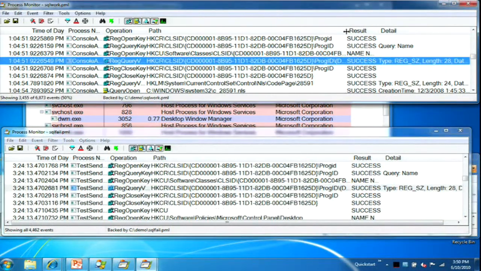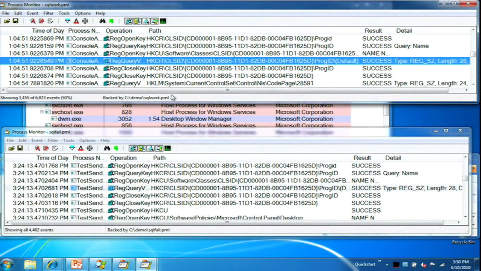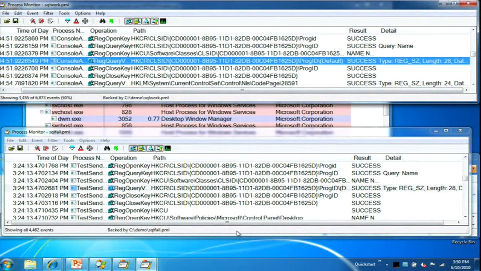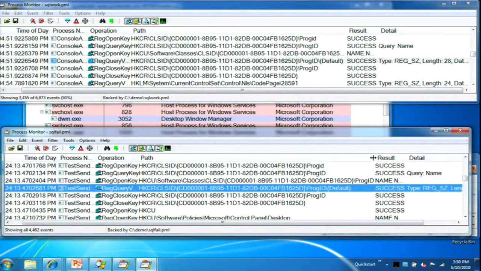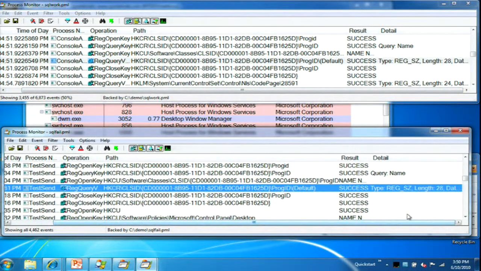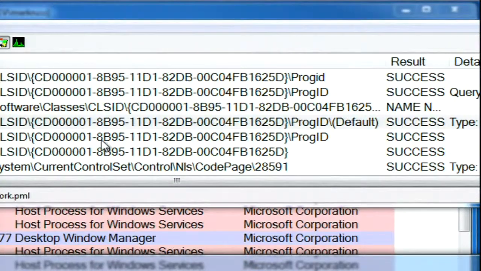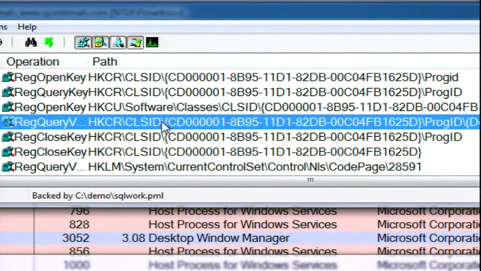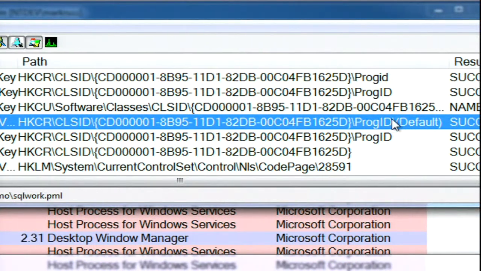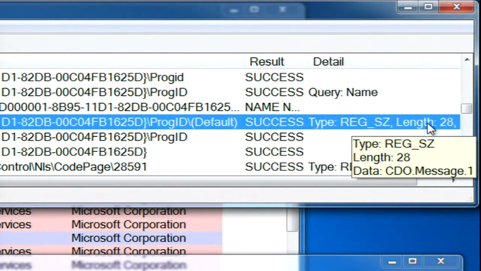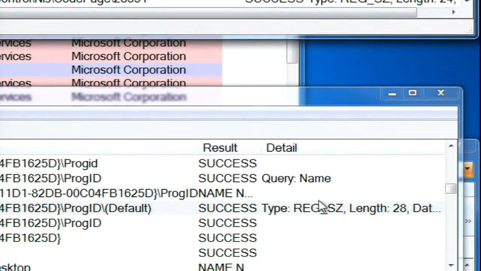So he sees right here, if you look up at the top, let me scroll this over a little bit. So we're seeing a reg query value of this HKCR prog ID, some GUID, and it comes back with a string value cdo.message1. And he comes across and he's like looking